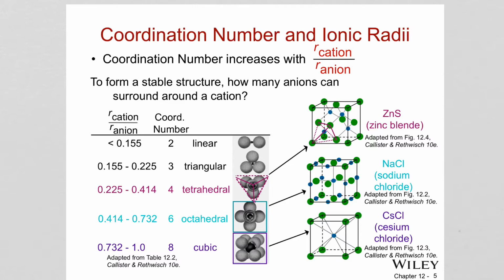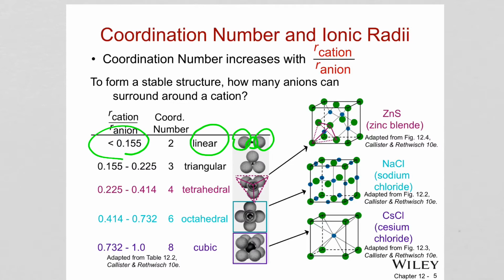So if we take a look at the coordination numbers and the ratio, RC over RA ratios, for ratios less than 0.155, there is a very small cation that is bonded to two anions in a linear manner,